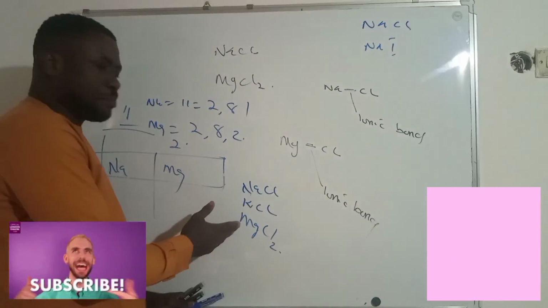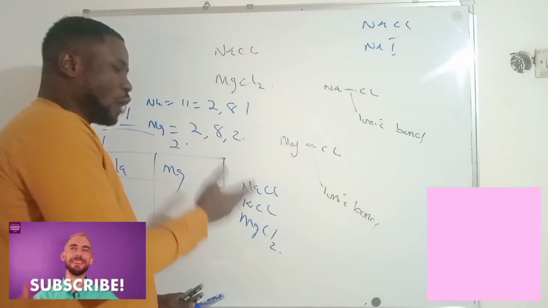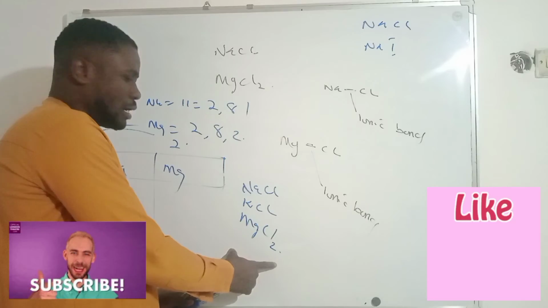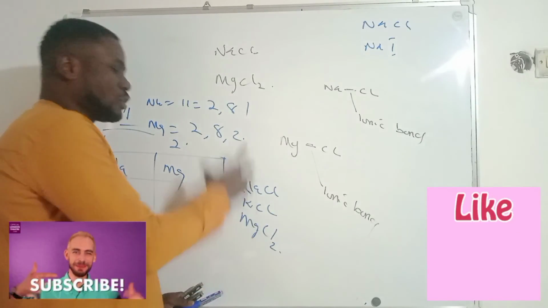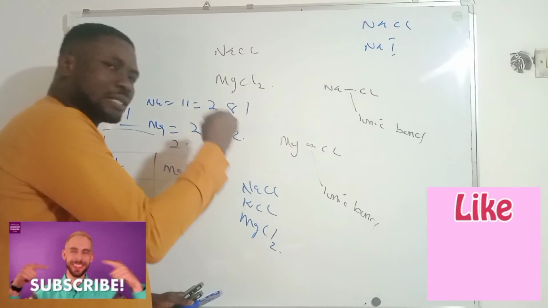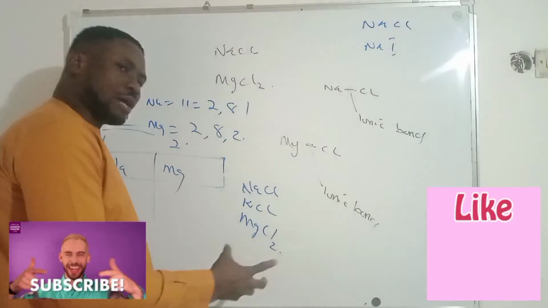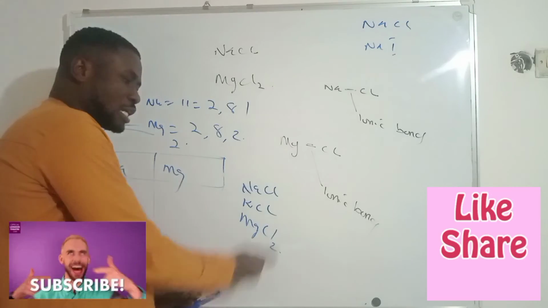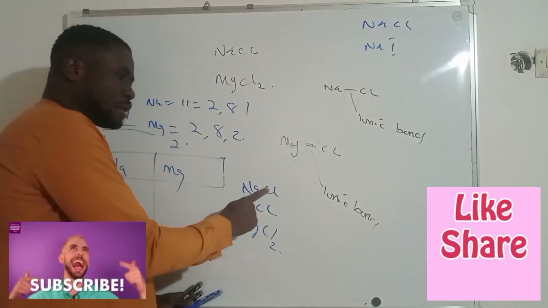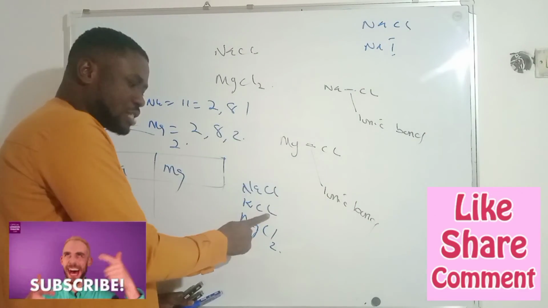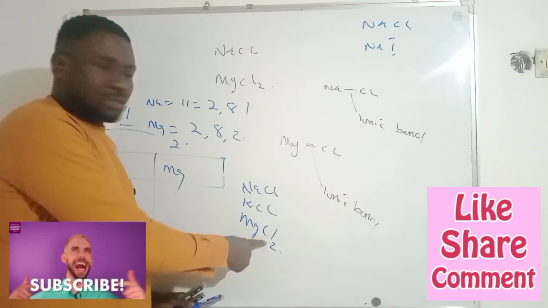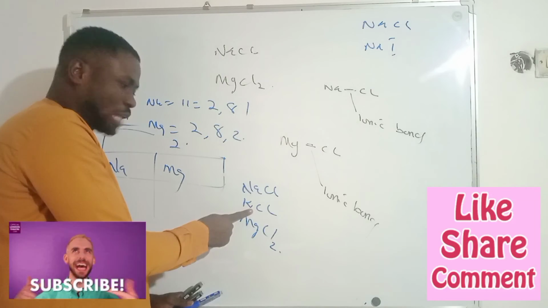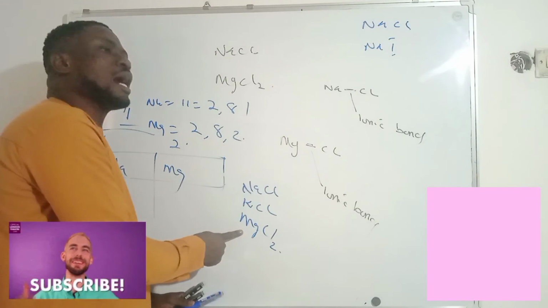Now for this question, where you're asked to arrange these 3 compounds in order of increasing ionic strength, conductivity, or melting and boiling point, as I said earlier, electronegativity is constant because it is the same element here, here, and here. But what is different is the metal. Here we have sodium, here potassium, here magnesium. You now ask yourself,